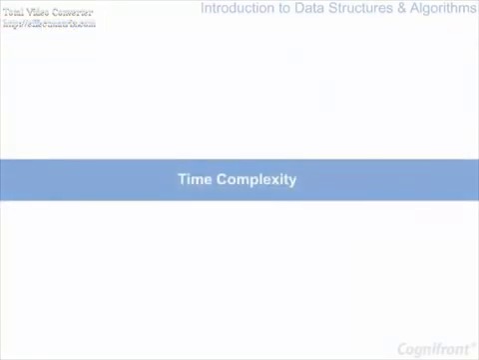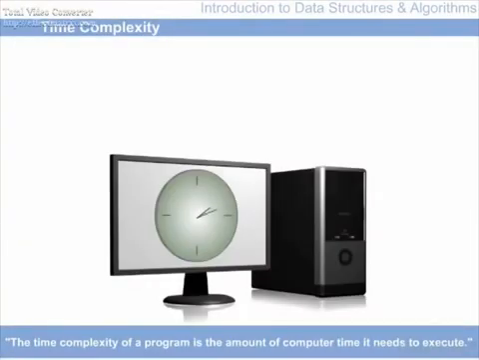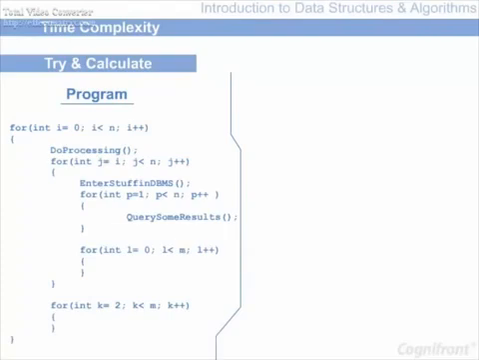Now let's see what is time complexity. The time complexity of a program is the amount of computer time it needs to execute. Let's try and calculate the time complexity. Consider the following program. We can